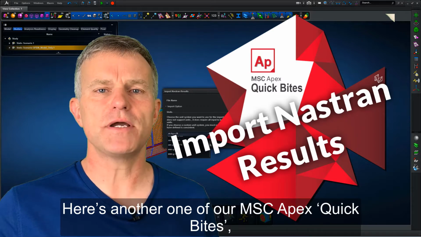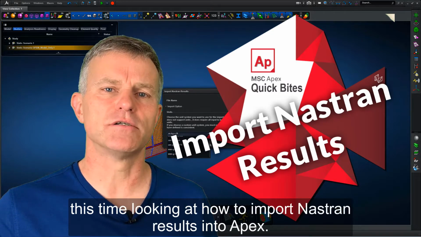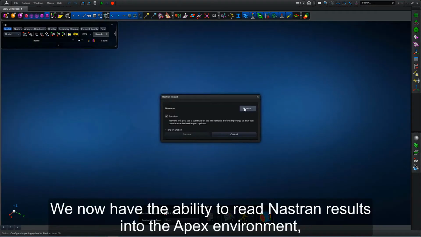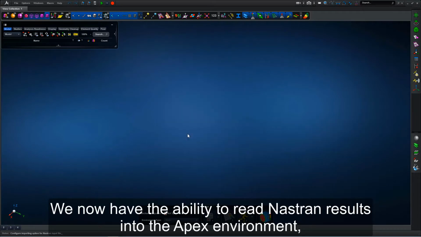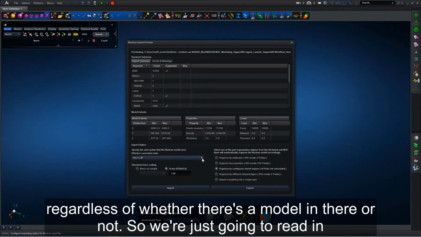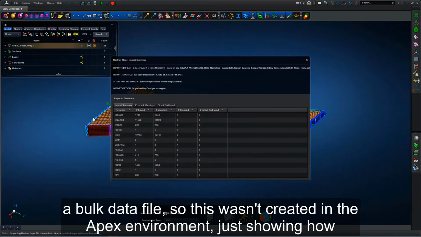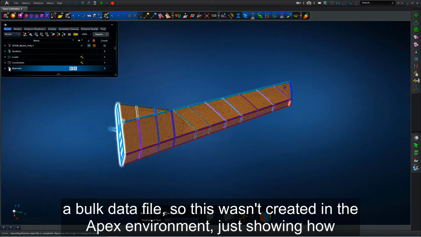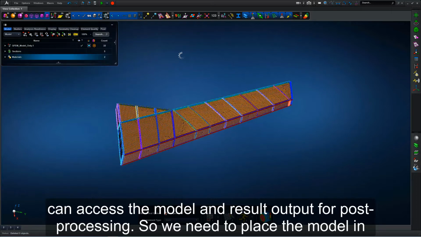Here's another one of our MSC Apex quick bites, this time looking at how to import Nastran results into Apex. We now have the ability to read Nastran results into the Apex environment, regardless of whether there's a model in there or not. So we're just going to read in a bulk data file. This wasn't created in the Apex environment, just showing how we can access the model and the result output